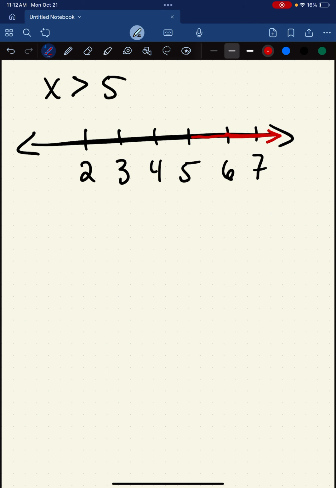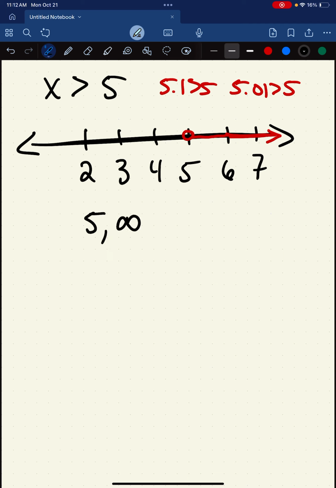But we can't include 5 because 5 is not strictly greater than 5. And so the way we say that, where we can get infinitely close to 5, 5.1 is greater than 5, 5.01 is greater than 5. I mean, we could get infinitely close to 5 from the right, but we can't actually use 5. The way we write that is with a circle. So x is greater than 5, the way we write that on the number line is like this, where that red is. And the way we write this in interval notation